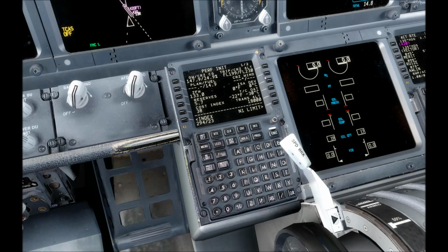294 at 23. Cruise winds are entered, and it will get as cold as minus 18 up there, so not terribly cold. Minus 18 at the top of climb outside air temperature, I believe, at least. Yeah, that will be the temperature. So we will execute that. Transition altitude obviously is correct. Takeoff performance, let's,